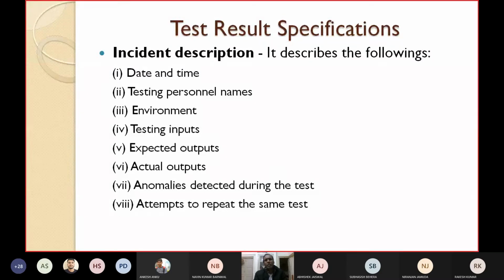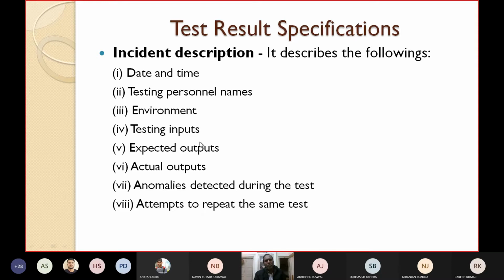So this incident description will describe the date and time when the incident happened, who were the testing personnel involved in that incident, the environment, and the inputs for the testing process. It does not only show the results but also compares the actual output versus the expected output.